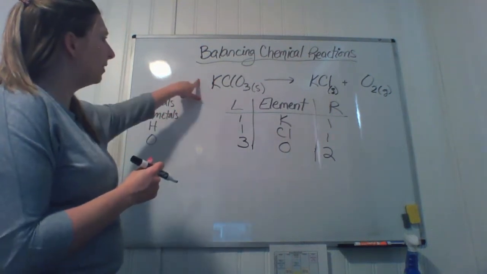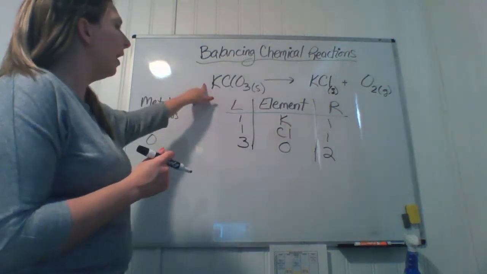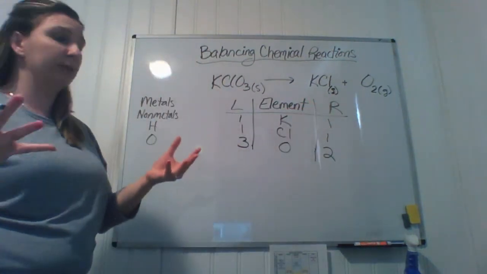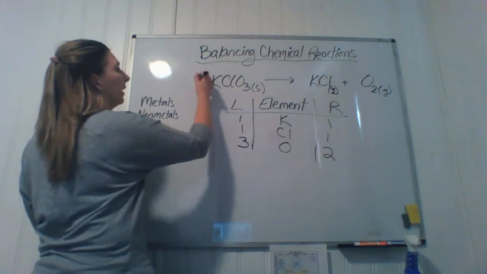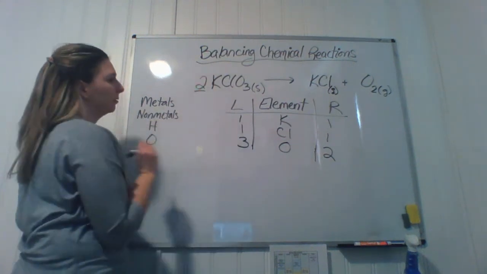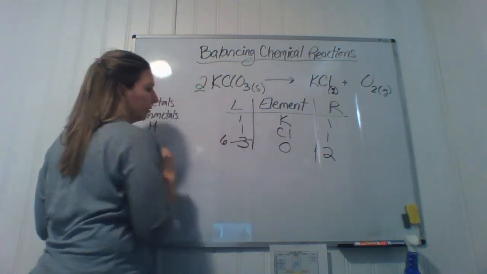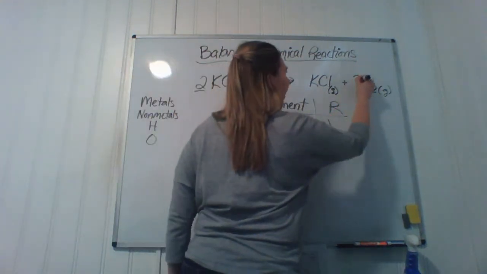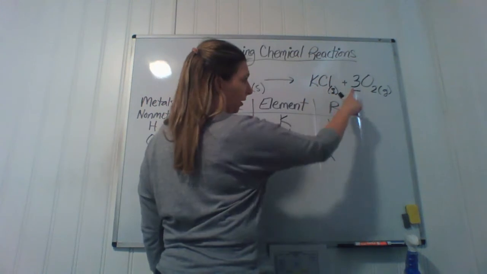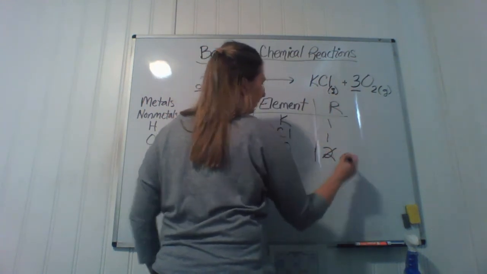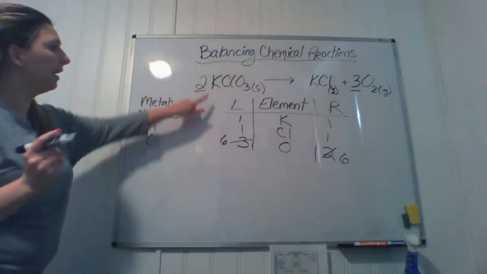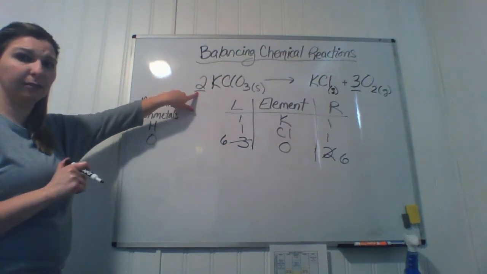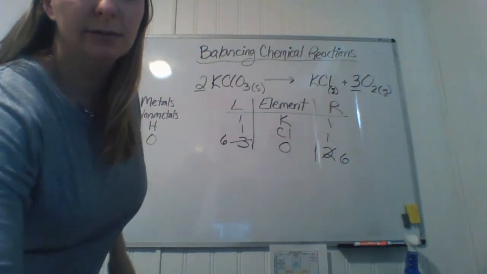So by multiplying this side by 2 and this side by 3, we'll be able to get 6 on both sides. So by putting a 2 in front, this gives us 6 oxygens. And by putting a 3 in front of the oxygen, 3 times 2 now gives us 6. But what happened here on the left side, when we added a 2 in front, we see that